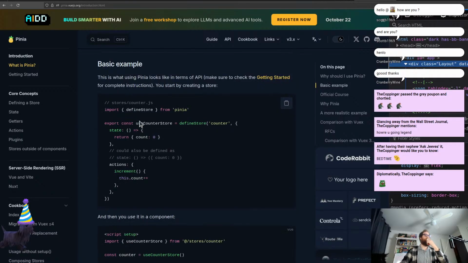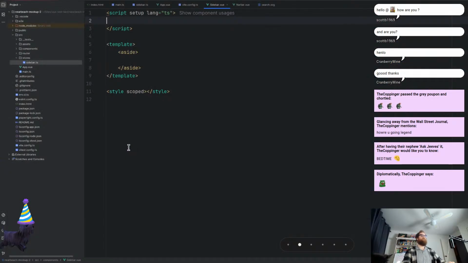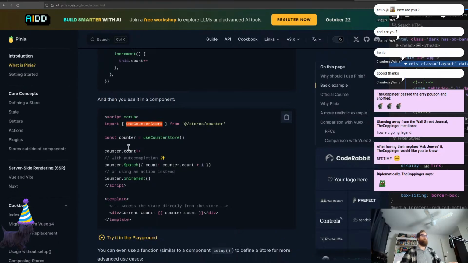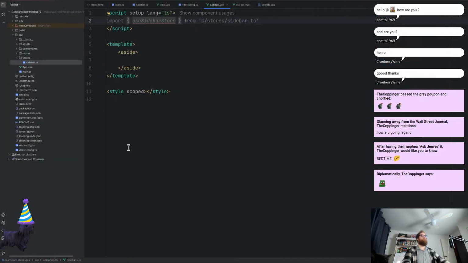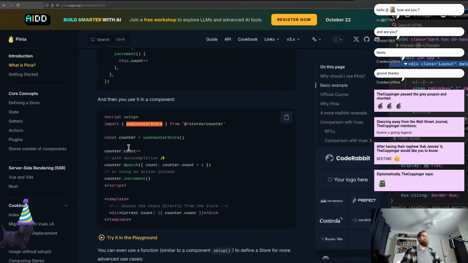All right, now I just got to jump up here. We're going to pull it like that. So import, we want to go use sidebar store. Constant is use store. All right. Const, that will be sidebar store equals that. And then